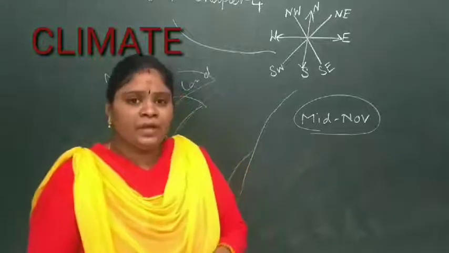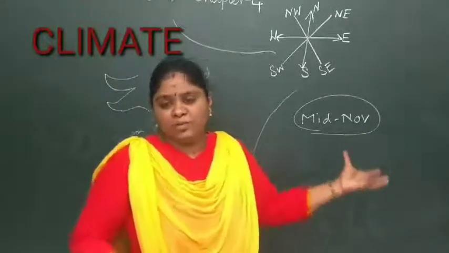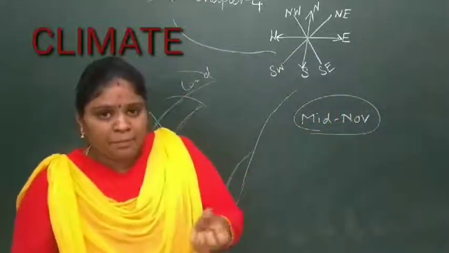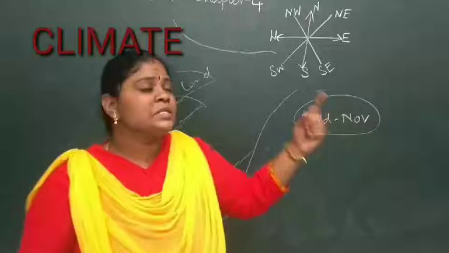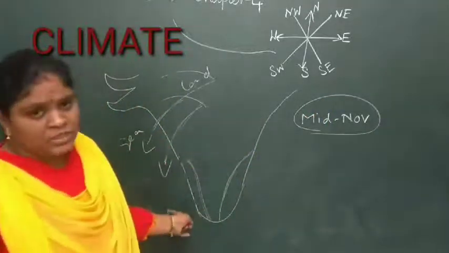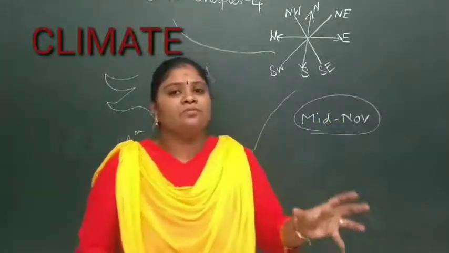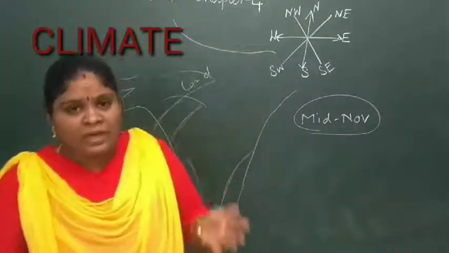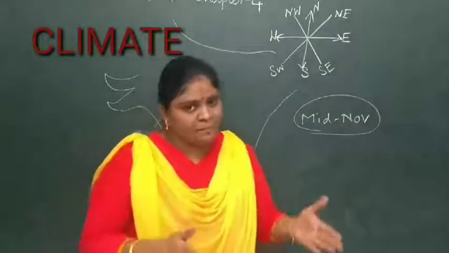Then you can find that the temperature will start to increase or decrease, but it will not receive much rainfall as the flow of air is from the land to the sea. So there won't be much rainfall prevailing. Instead, you can find coolness prevailing at night time, and particularly the daytimes will be warmer.